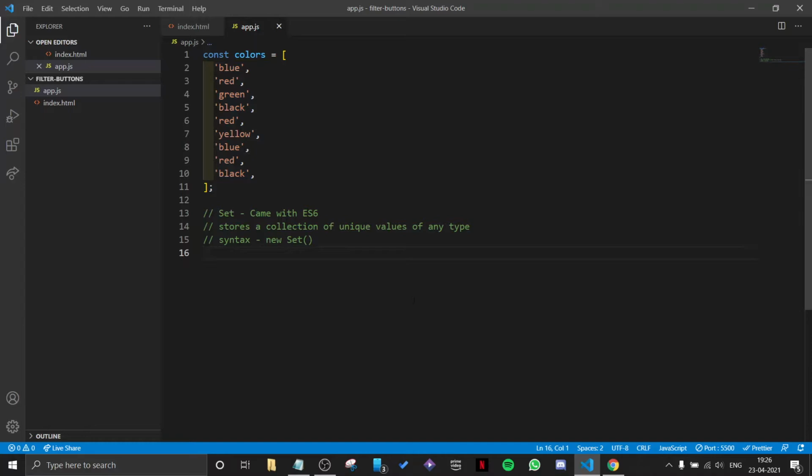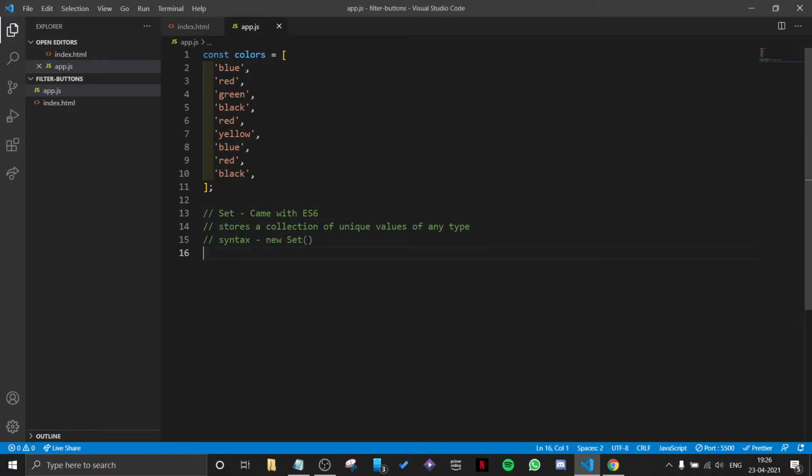And what is set? In 2015, JavaScript came out with a major update which changed a lot of things about JavaScript, and it gave us a lot of new things like arrow functions, let and const, and async await and whatnot, right? With all that, we also get something called set, as you guessed.